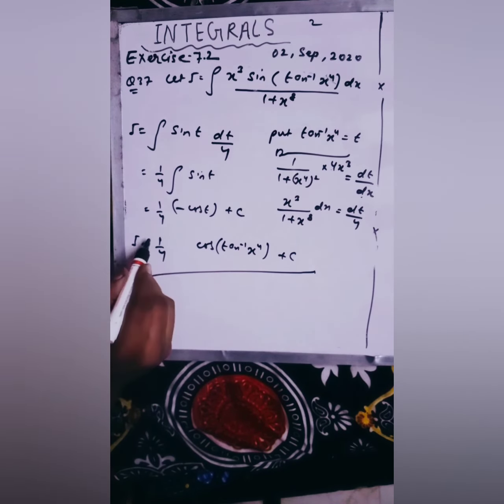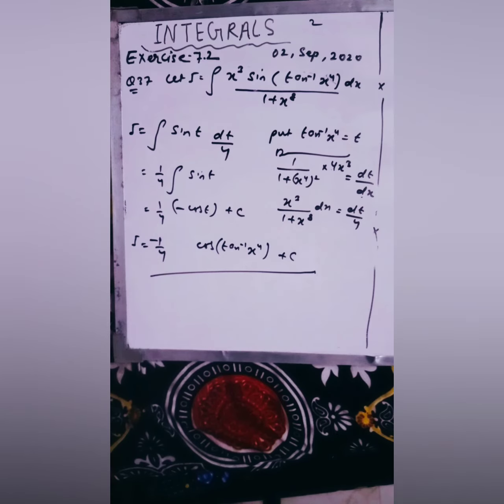This minus sign I am showing with this. Okay, so this is your question number 37 of this exercise. Got it? In question number 38, you have to put the denominator equal to t, and when you find the derivative of the denominator, you will get the same as you are getting in the numerator. Fine. So this is homework, question number 38. So 39 I am solving now.